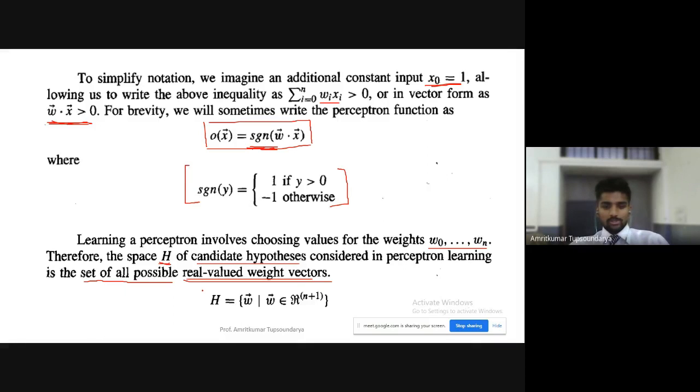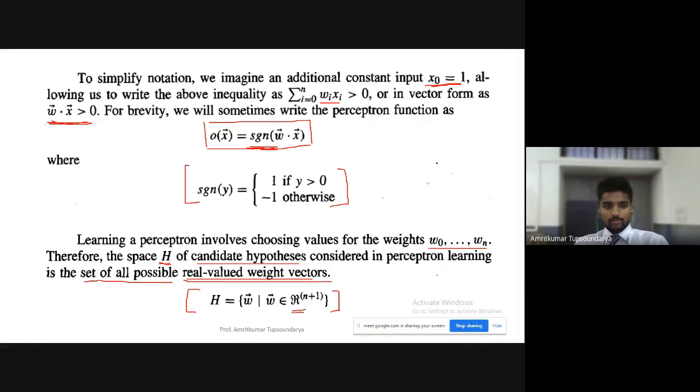How can we represent this simple understanding of learning a perceptron? This is the simple representation: the hypothesis space is equal to the weight vector, such that the weight vector belongs to the real values. So this is how a perceptron is learned. When a simple question is asked, like how can you say that a perceptron has learned, or when do you say that a perceptron has learned,